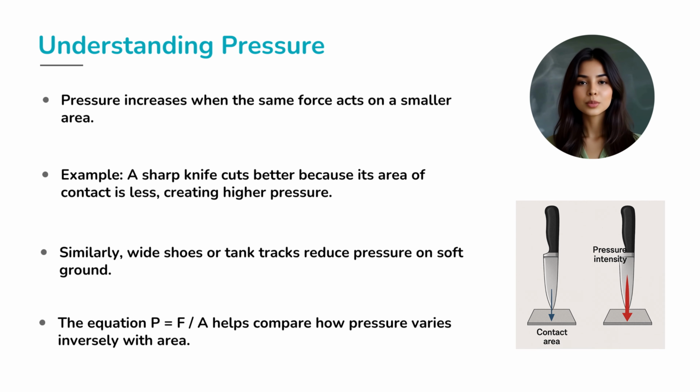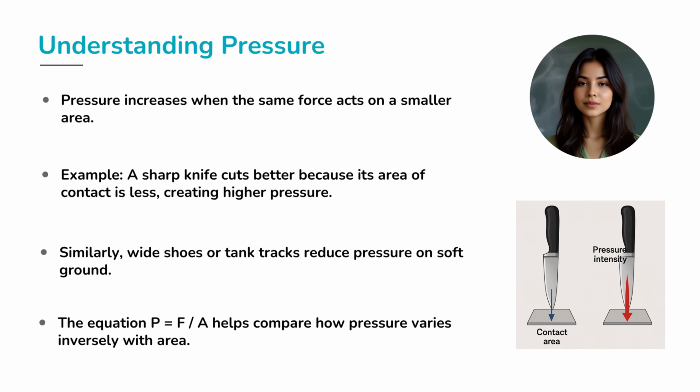Let's now focus on pressure, the real star of this concept. Pressure tells us how much force acts per unit area. It depends directly on the force applied and inversely on the area of contact. Think about walking on snow. When you wear normal shoes, your weight acts on a small area, so the pressure is large and you sink. But if you wear skis, the same force is spread over a bigger area, pressure reduces, and you glide smoothly